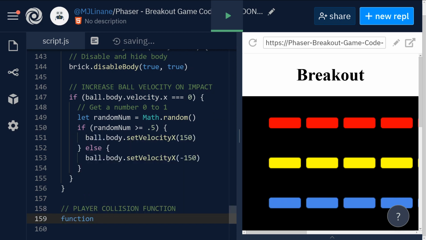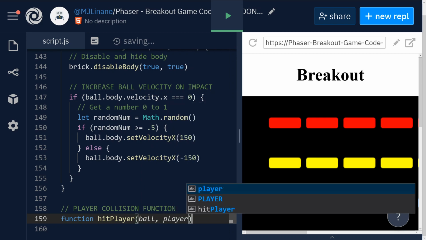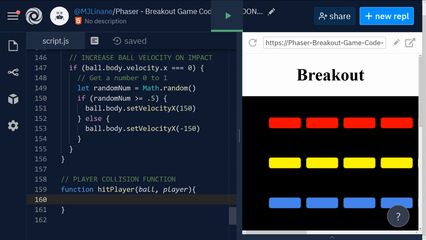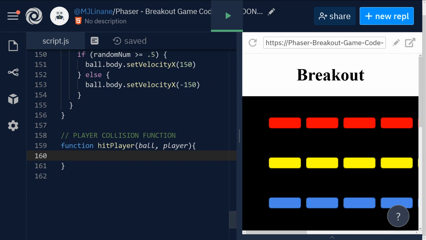And let's do function hit player, because that's what we did above. We pass in the two objects in the order that they're going to hit, so ball and player. Okay. And before, what we did is we hid the body and disabled the body. That would not be what we want to do here. I mean, we want to be able to have the player continue playing, right? But what we do want to do is increase ball velocity